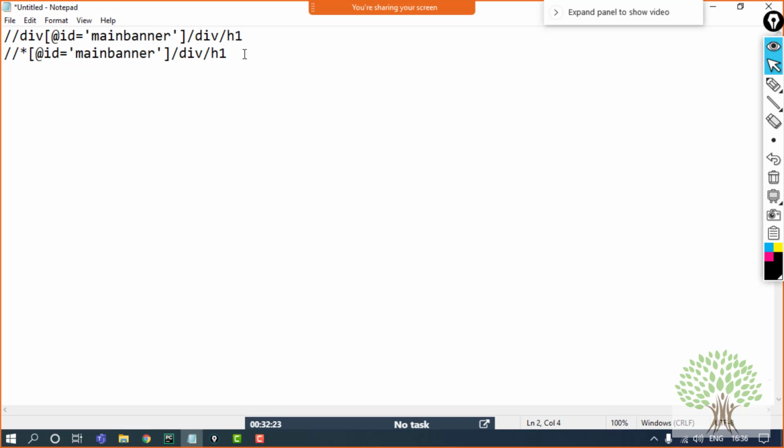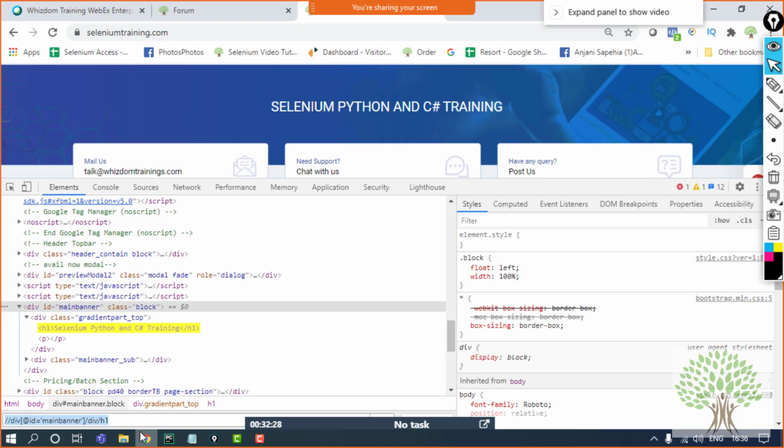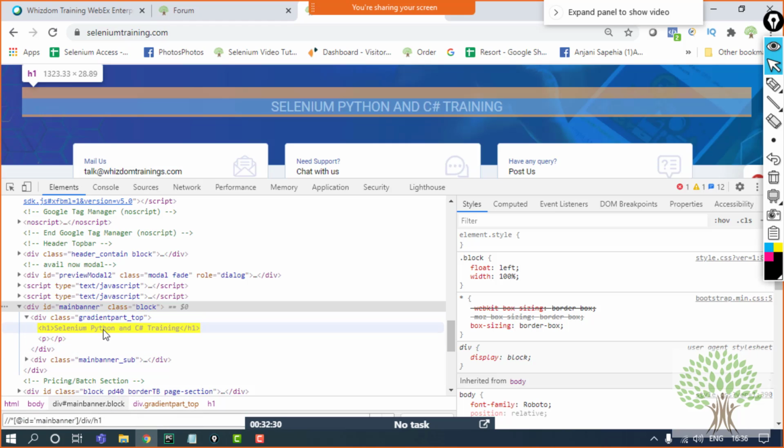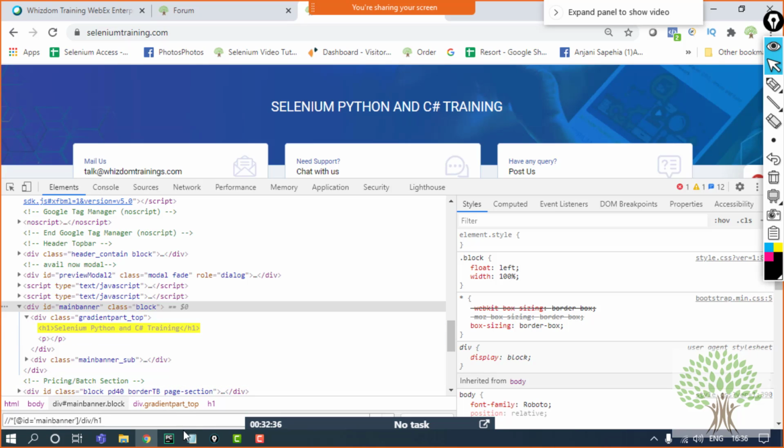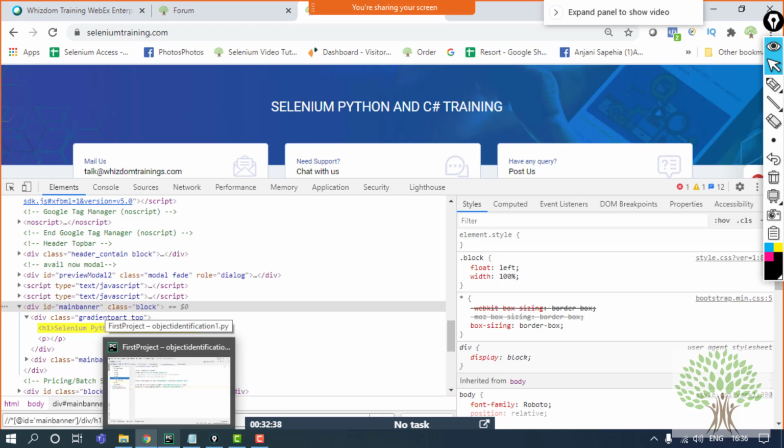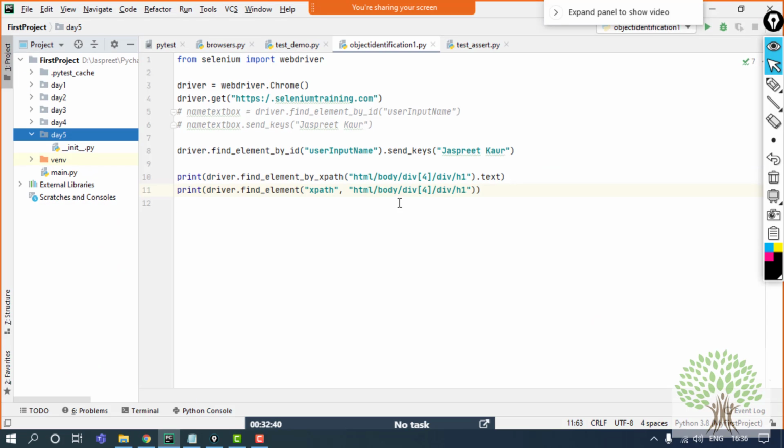This particular XPath is also going to highlight the same element that we have been looking for. So if I try to use this XPath, the same kind of output is going to be returned to me, which I was getting earlier when I was using the complete XPath over here.